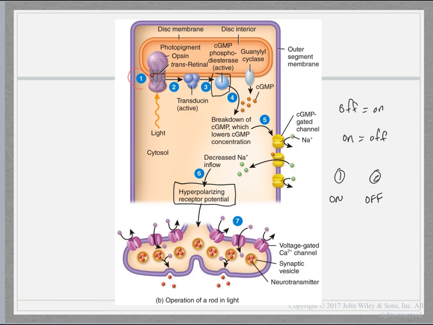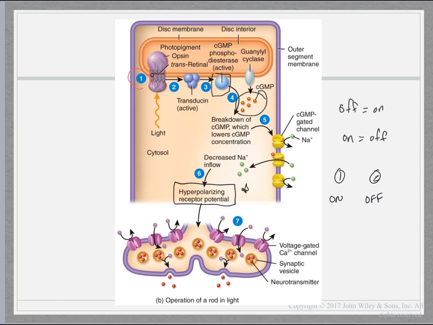Now in photoreceptor cells, there is an abundance of cGMP in dark conditions, keeping cGMP-gated sodium channels open. So when we activate PDE, this diminishes the supply of cGMP. By breaking down the cGMP, we are lowering cGMP concentrations, which essentially closes a lot of our cGMP-gated sodium channels, which means that we are decreasing sodium inflow,